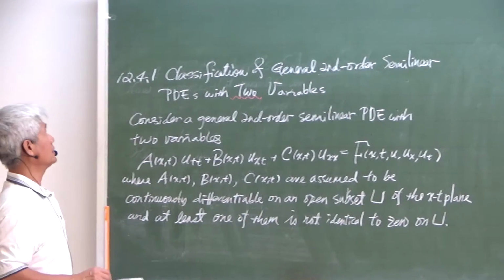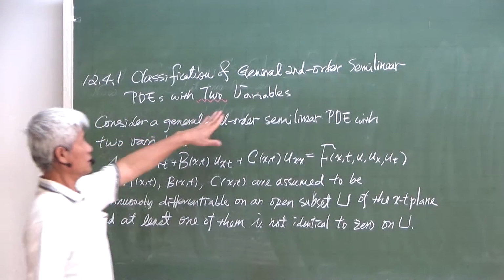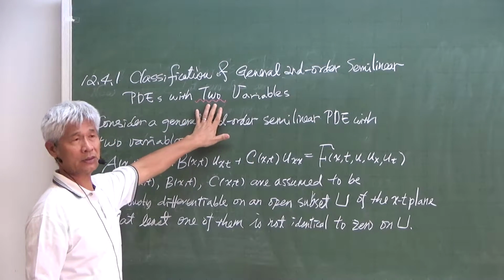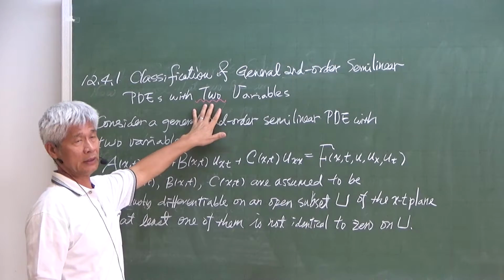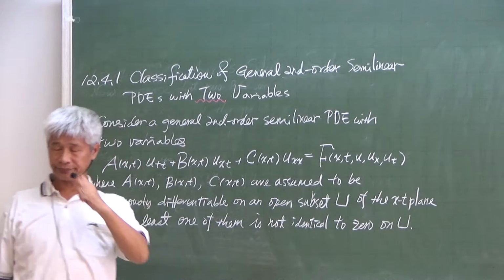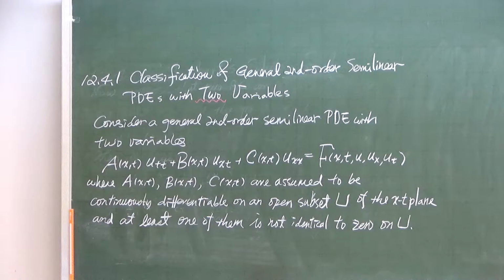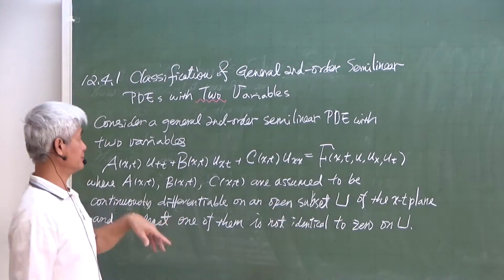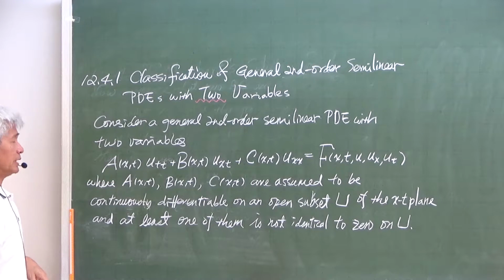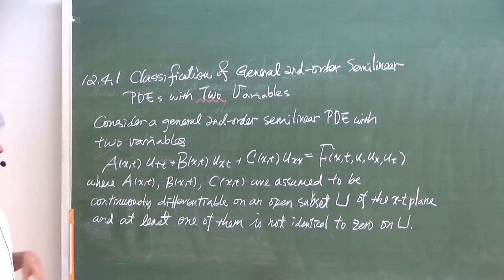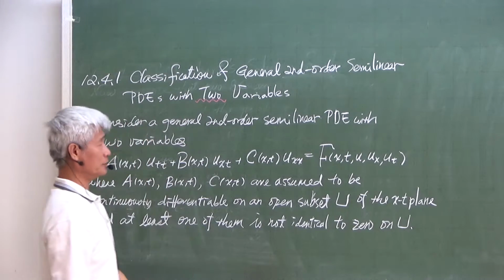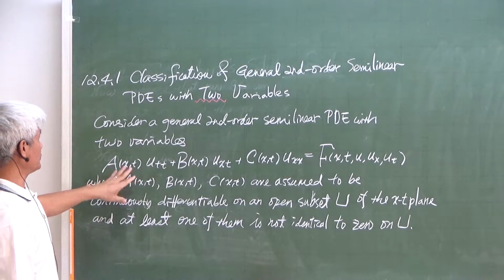We are going to discuss the classification of general second-order semi-linear PDEs with two variables. This is only good for two independent variables. If we have more than two, then we cannot do the job as we wish always. Sometimes we can do so, sometimes we cannot. But for PDE with only two variables, so in our case we have two independent variables,